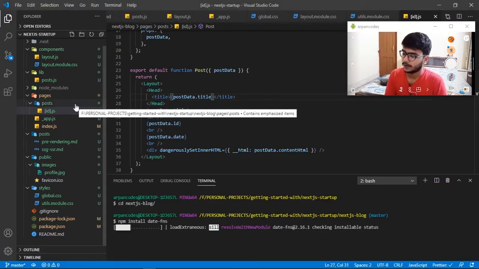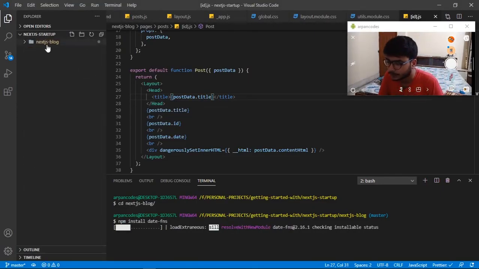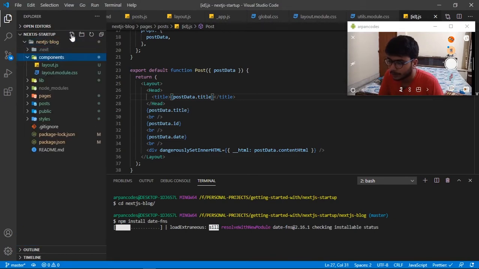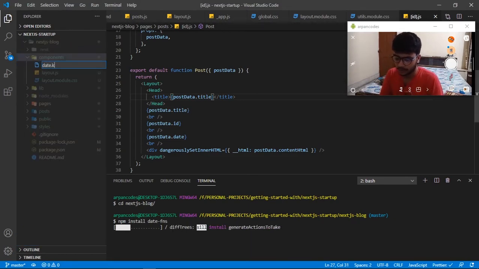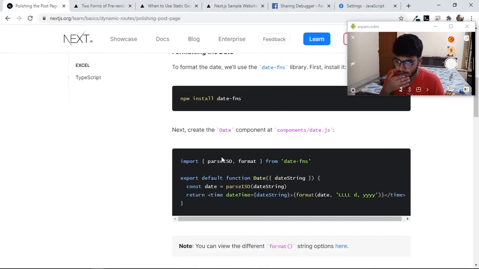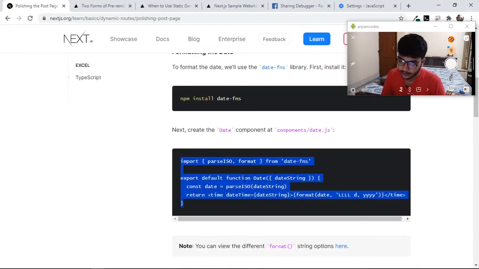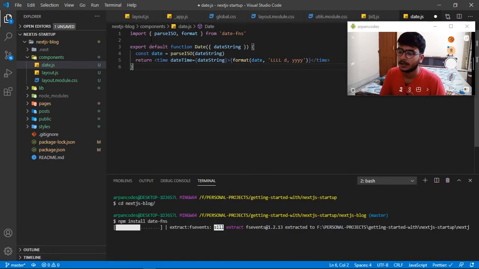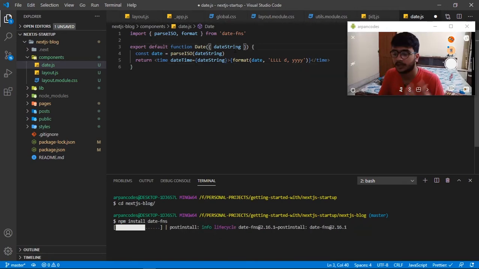So we can say simply components/date.js, and we have something like parseISO and format from date-fns. Export default function Date with dateString. It will take a date string, it will parseISO, and then it will